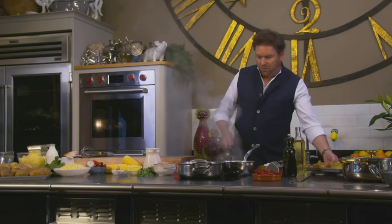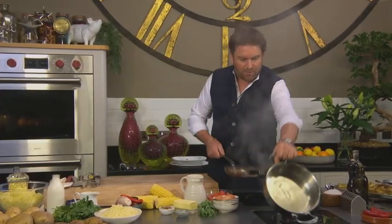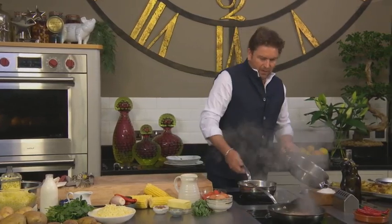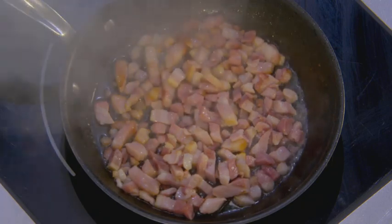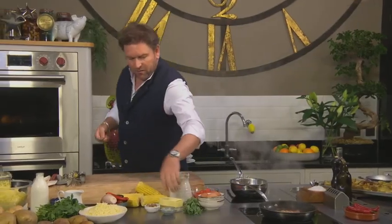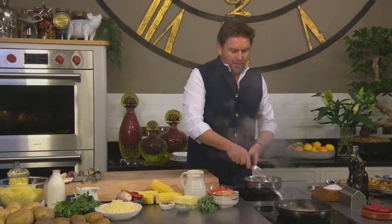So I'm going to keep the skins because we don't want to waste any, because the skins from this are amazing as well. So while the bacon's cooking, I'll put that over there. That's going to go over there. And then I'm going to get on and make our nice little cheese sauce, because I'm going to do these loaded skins. So for that, we need to then make our nice little bit